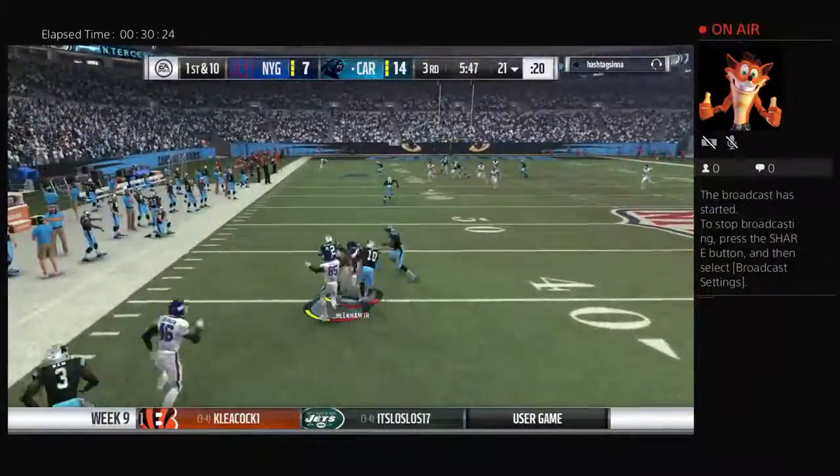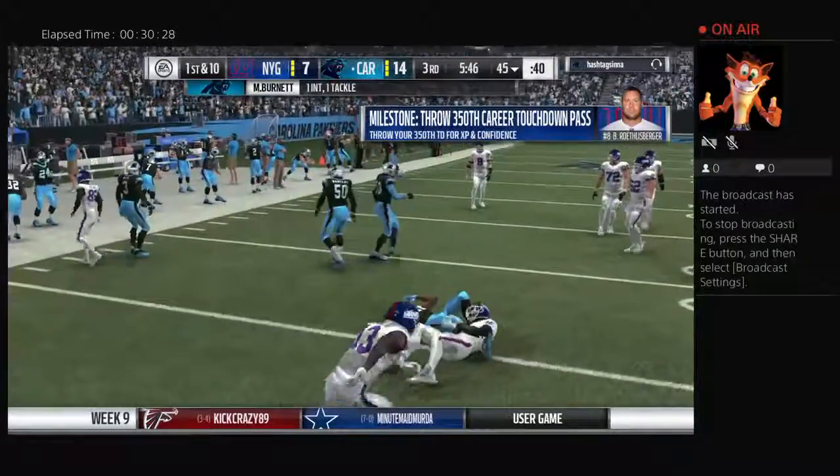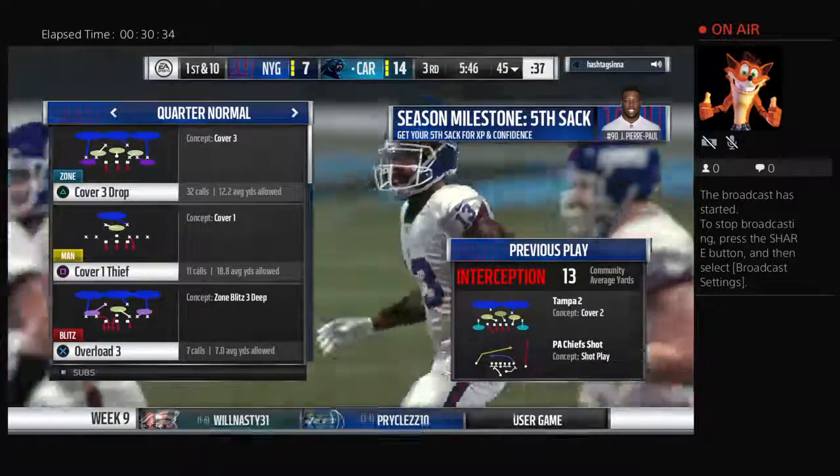Oh, and a bad throw there. It's intercepted. Picked off by Morgan Burnett, and he's able to bring it out 5 yards shy of midfield to the 45-yard line. Now we take a glance at the offense as they work